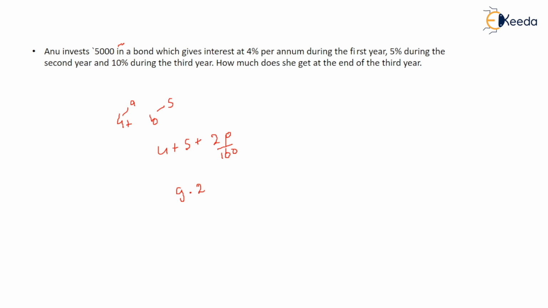9.2 this comes out to be. And let's solve next one. Okay, that is this. Now after solving this, this becomes new A. What is remaining? This one for third year, that is C for 10. So if this becomes new A, this will become B. You can solve it. That is 9.2 plus 10, that is 19.2, plus 9.2 into 10 upon 100.